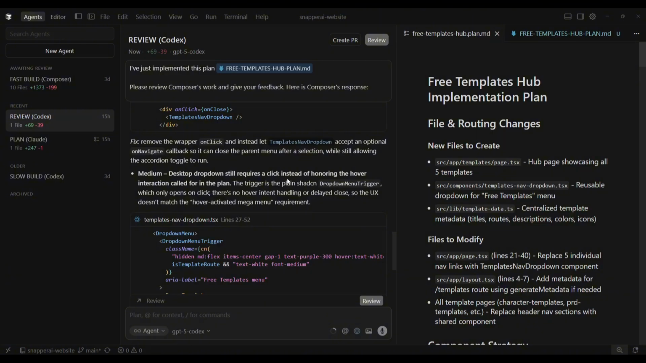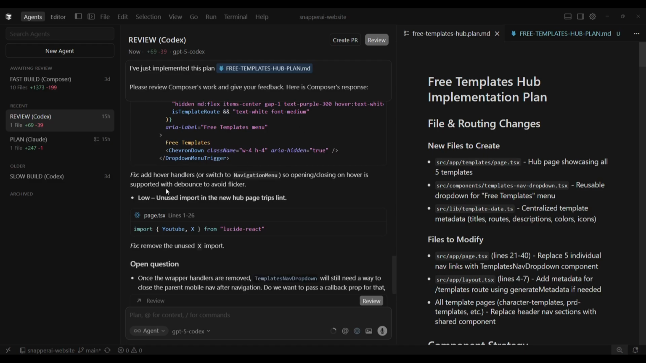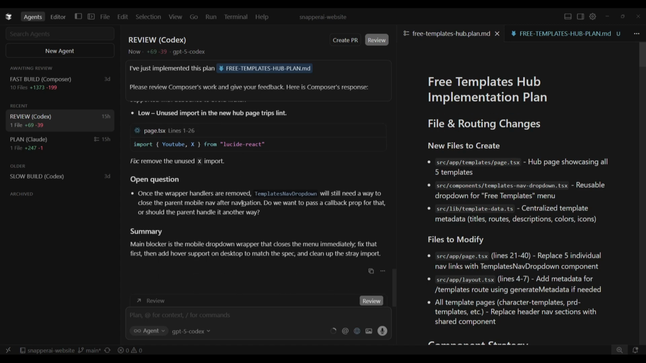Desktop drop-down still requires a click instead of honouring the hover interaction called for in the plan. We've then got the code it's referencing there. A low priority issue, unused import in the new hub page trips lint. Finally, an open question. Once the wrapper handlers are removed, we will still need a way to close the parent